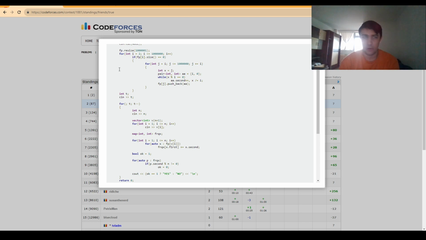Again, this part could have been optimized as well. But after that, I just checked if the frequencies are all multiples of n, and then I printed yes or no accordingly. So again, a very interesting problem, but for someone who knows sieve and knows how to work around the prime divisors and prime factors, it's not that big of a challenge in my opinion. So yeah,